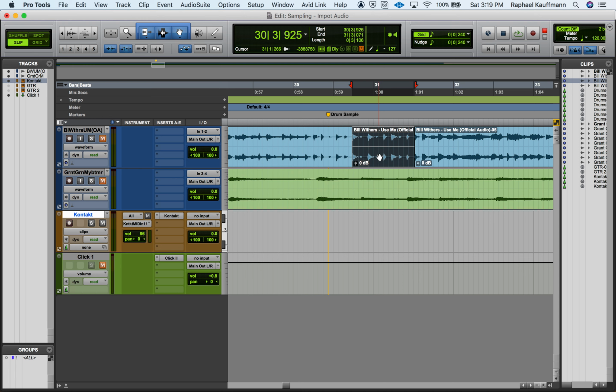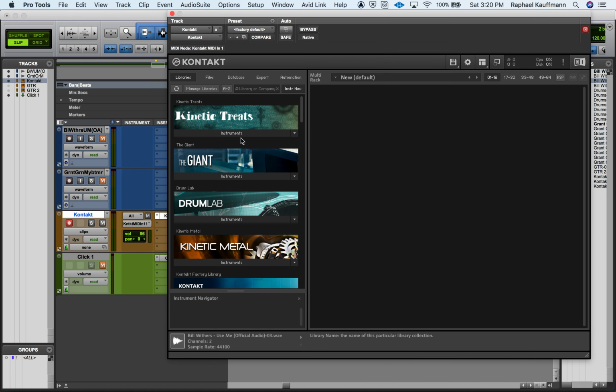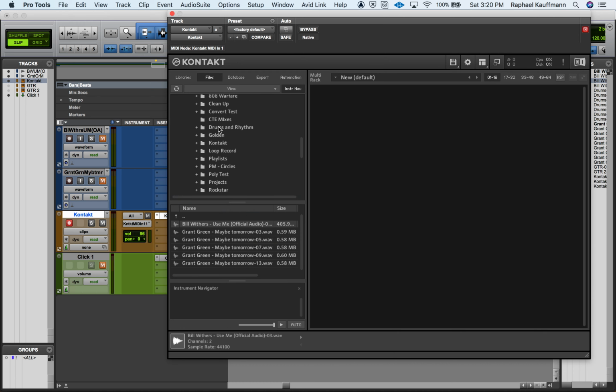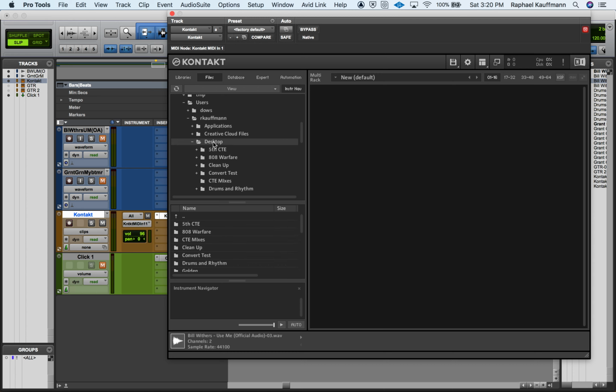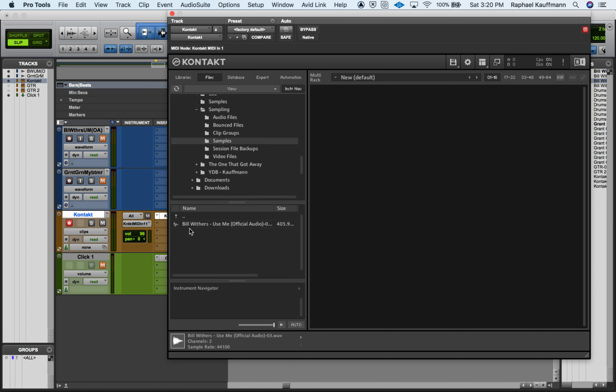This is going to be a very basic one because I just want to use it as a loop, but I'm still going to put it into Kontakt. So I've inserted my Kontakt instrument, and I open it up, and I am looking at all of the libraries, but we're not going to use it to trigger piano sounds or anything like that. We want to trigger these wave files that we've created. So we're going to click on the Files tab so we can see the hierarchy of our desktop here. And we're going to go find the sampling project that I created in the samples folder, which the only